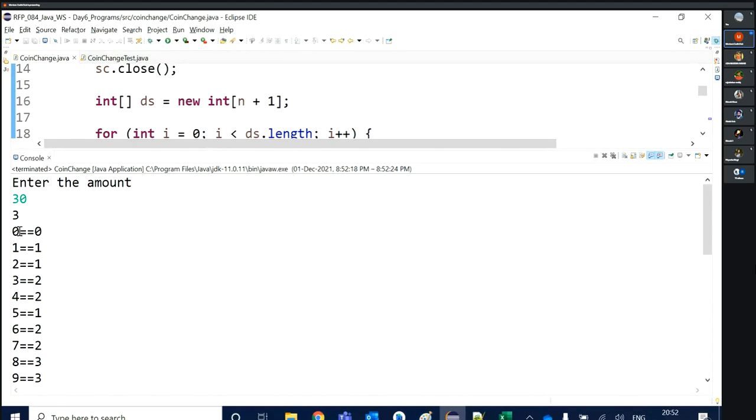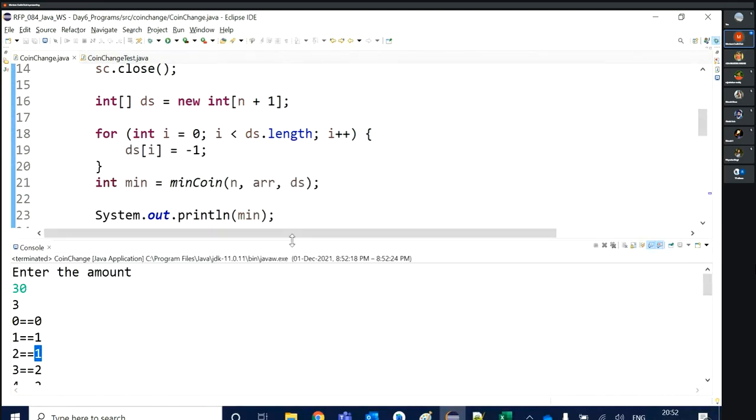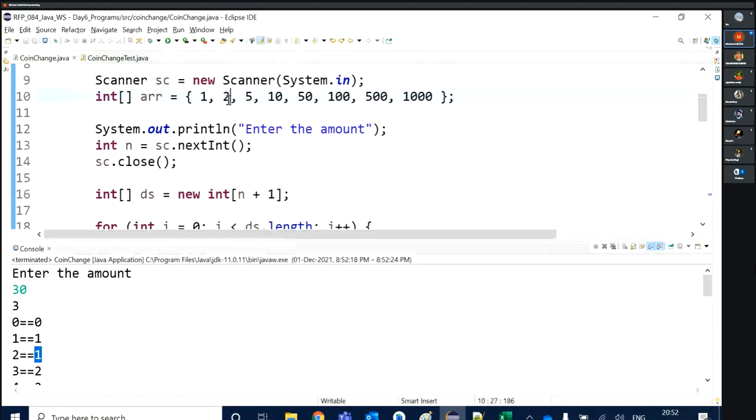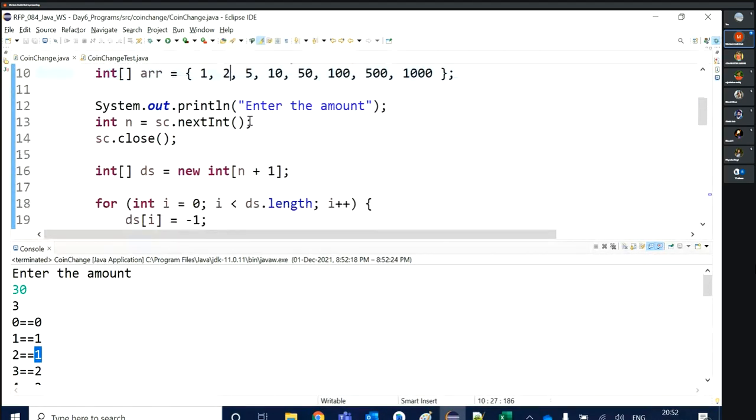If your amount is 0, your solution is 0. If your amount is 1, your solution is 1. For the amount 2, your solution is also 1, because a 2 rupees coin is there. For the amount 3, 2 coins are required. For the amount 4, 2 coins.